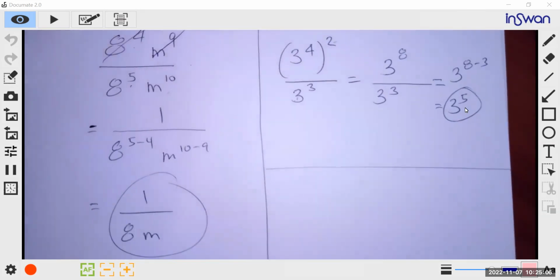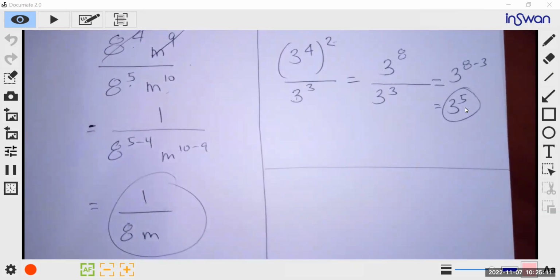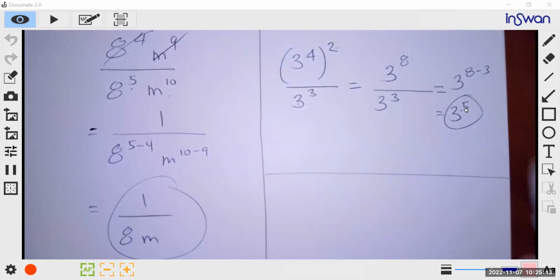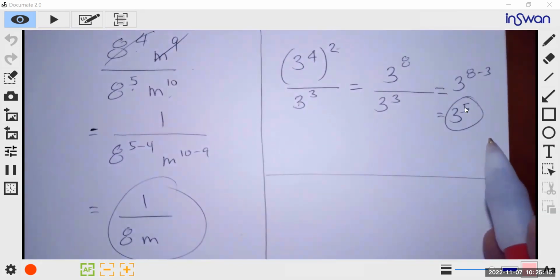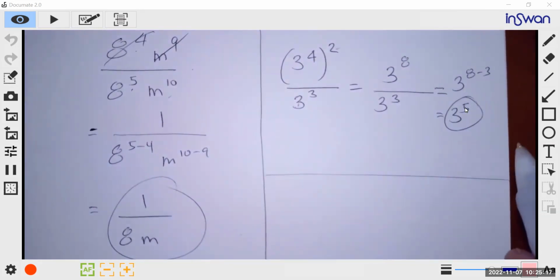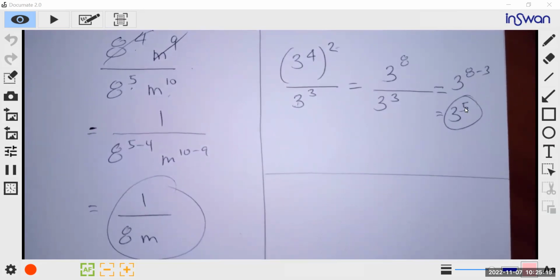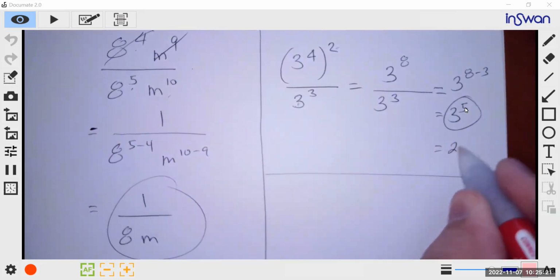It's just not asking you to go any further, so leave it like that. No, I said if the numbers are quick and easy, because now you're looking at 3 times 3 is 9. 9 times 9 is 81. 81 times 3 is 243. Yeah, I mean, you could, but it's just that